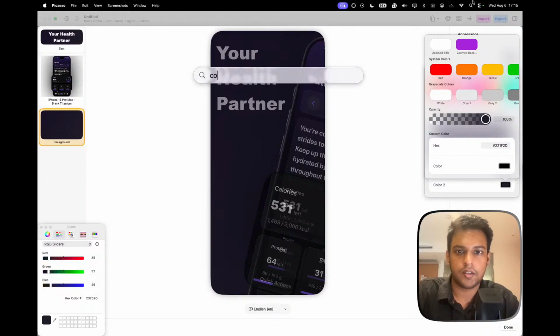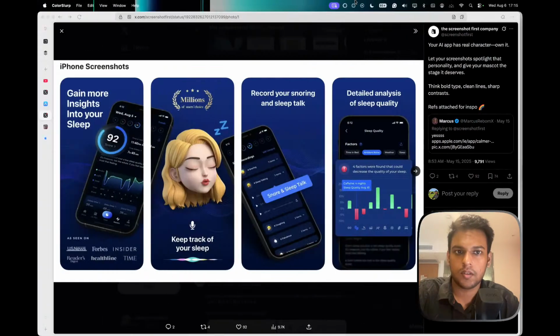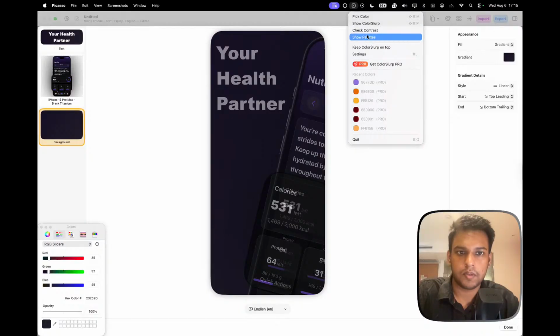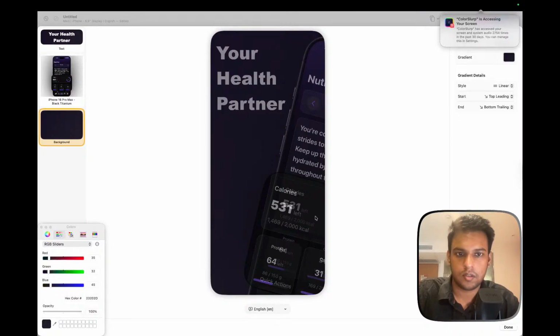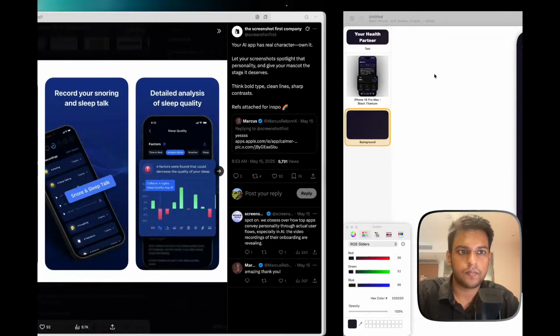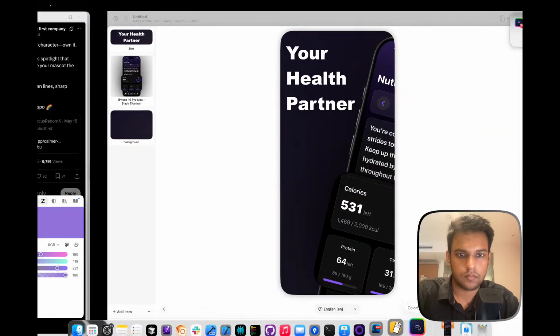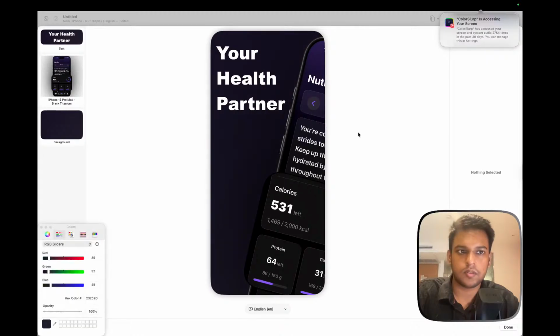I have a color slurp app that can provide me with a better picker. Oops, it's not working for some reason.